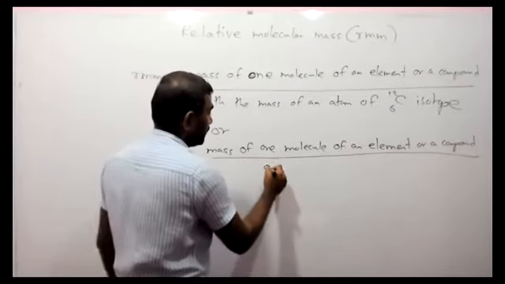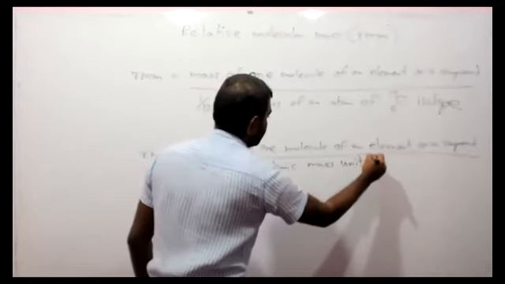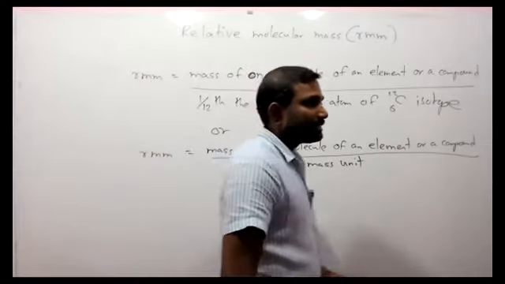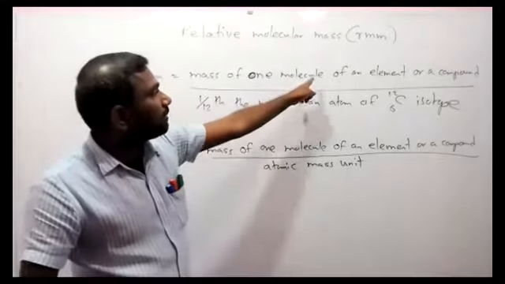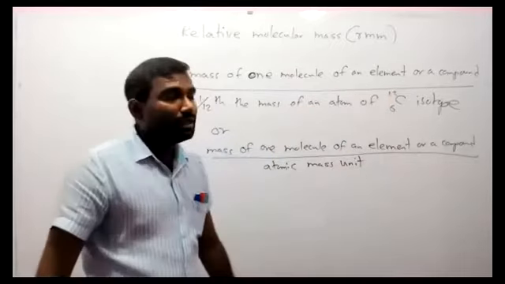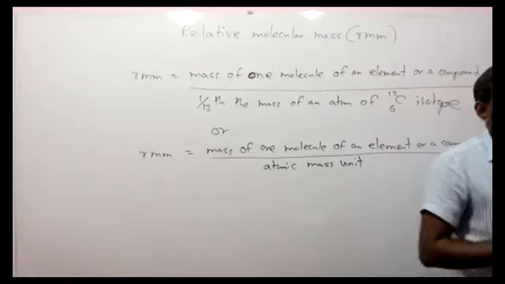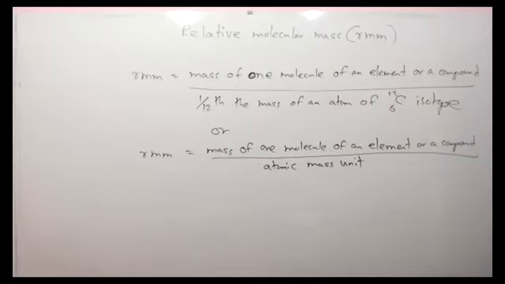That is what, children? Atomic mass unit. Okay, tell me with me for the last time, what is the definition of relative molecular mass? The ratio between the mass of one molecule of an element or compound. Molecules can exist as elements as well as compounds. And 1/12 the mass of an atom of carbon-12 isotope. We call it relative molecular mass. Mathematically, we can represent it like this. Okay, children, under that you write the topic: relative molecular mass.